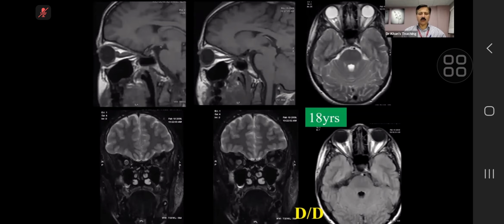So grade 1 tumor might not enhance. That's a take-home point. At times they will not enhance. Another thing which can be asked in the exam is this appearance on a coronal sequence,